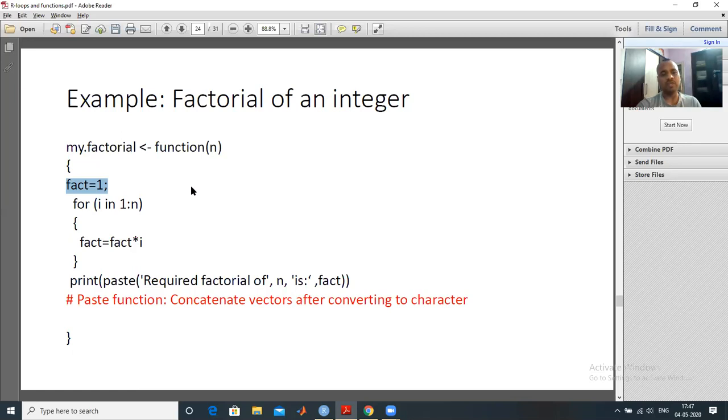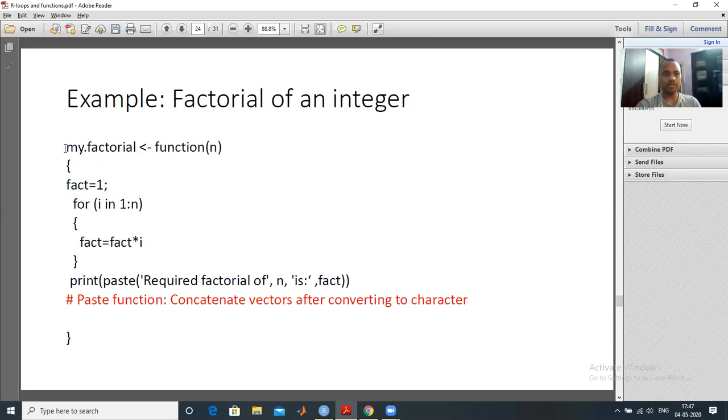Because if you take 0 here, then it will become 0 for all values. You are taking an identity: in the previous example that was the additive identity, and here you are taking the multiplicative identity, that is 1. Initially, if you multiply by 1, the value does not change. In the previous example, you took sum equal to 0, because if you add 0, the value does not change. So this is the only change: replace addition by multiplication, and initialize with 1. And I have changed sum to fact here, so it doesn't matter.